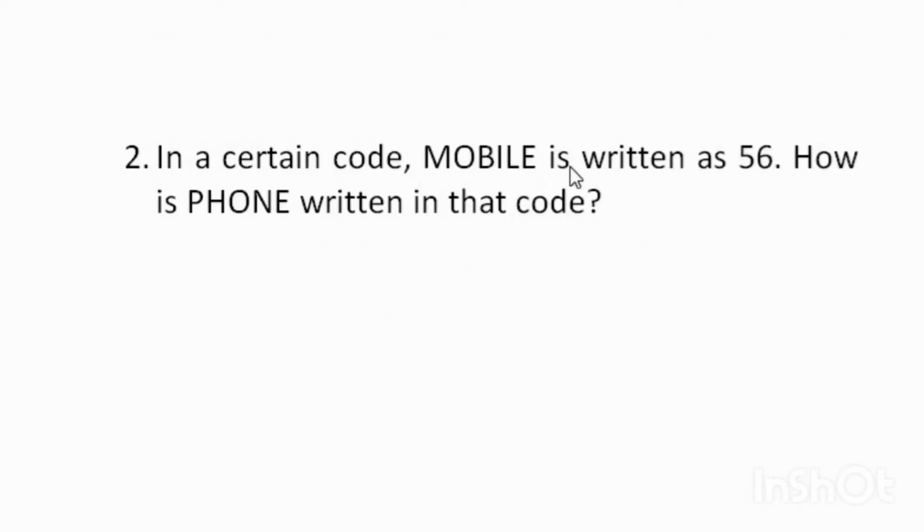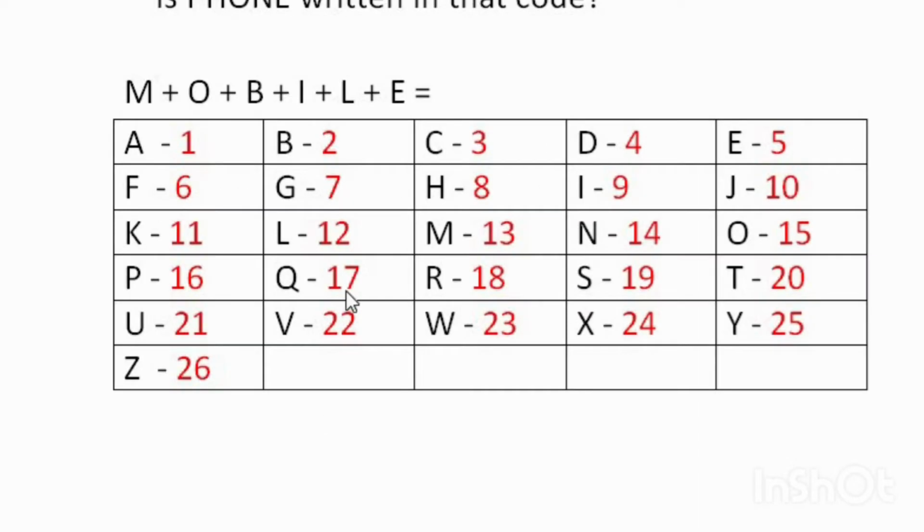Now, did you get the logic of workout question number 2, mobile, how it becomes 56? This question you should know by heart, or you should know this table. This is nothing but the value of A for the first, B is the second, C is the third letter, D is the fourth letter, E is the fifth letter, and so on up to Z. Z is the 26th letter. You should know at least the order of these 5 letters: the 5th letter is E, 10th letter is J, 15th letter is O, 20th letter is T, and 25th letter is Y, so that you can find the order of the remaining letters easily.